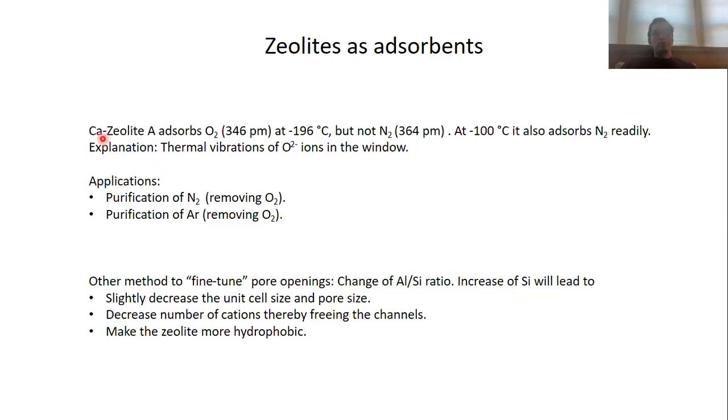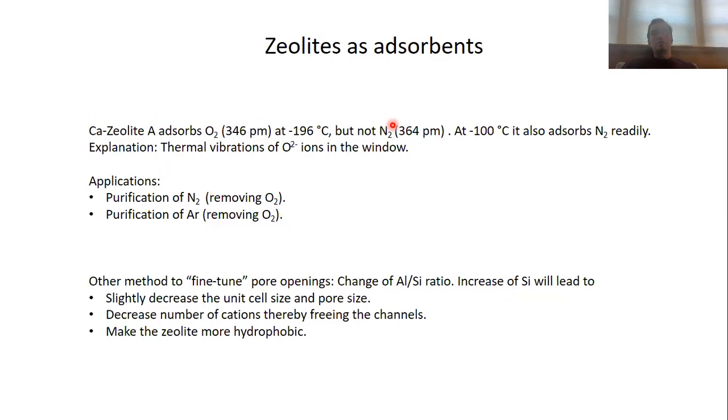So for instance, calcium zeolite A absorbs oxygen at minus 196 degrees Celsius, but not nitrogen. Okay, so the oxygen is a little bit smaller than nitrogen, but only a tiny little bit. And that calcium zeolite at this temperature has pore sizes that are exactly suitable in order to allow oxygen to